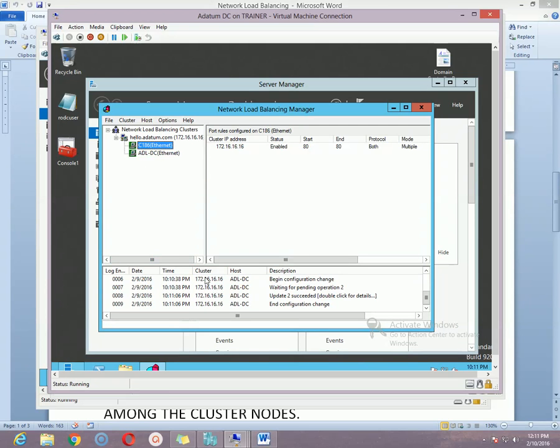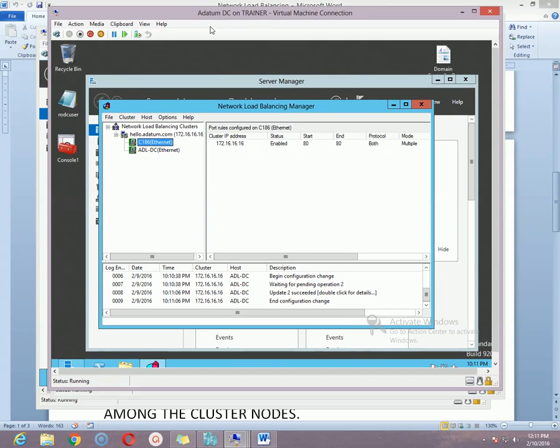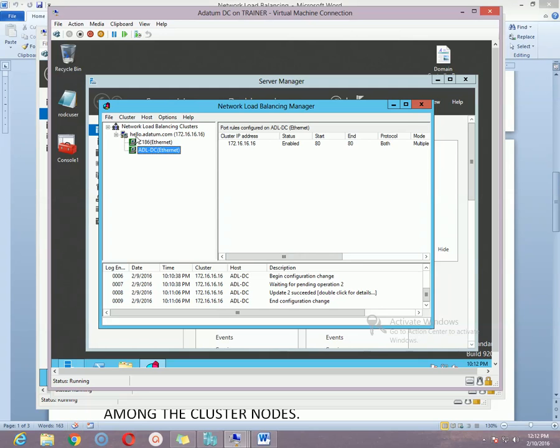Okay. Now, as we have configured these two machines as web servers, you can browse these machines by the IP address. But the cluster name that we have assigned, which is hello.aratam.com, in a real scenario will actually be used by the clients to log into a web server. For that, we need to do one more thing in our domain controller machine, which is we need to